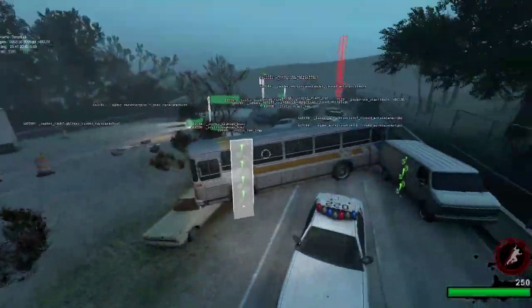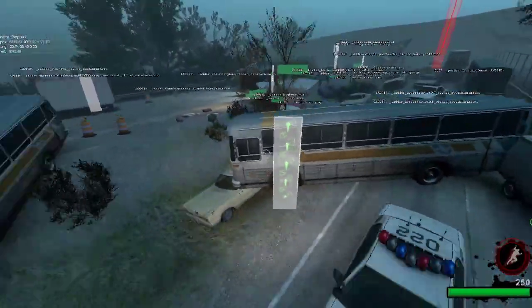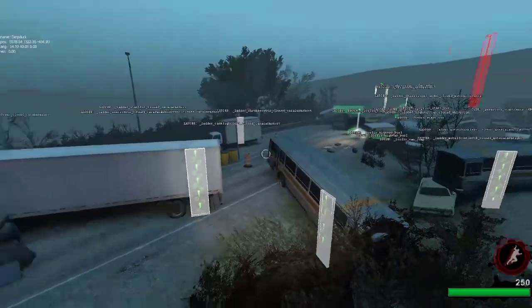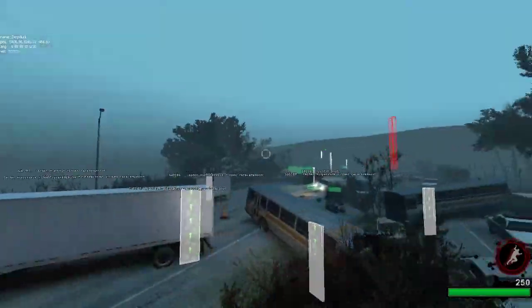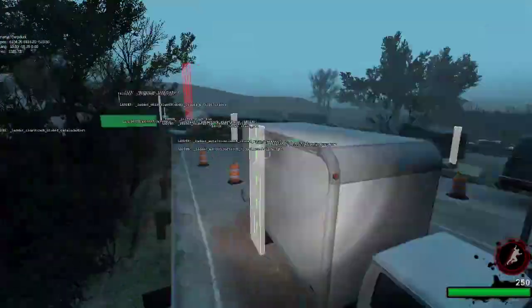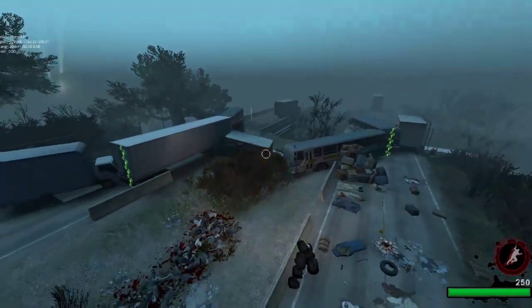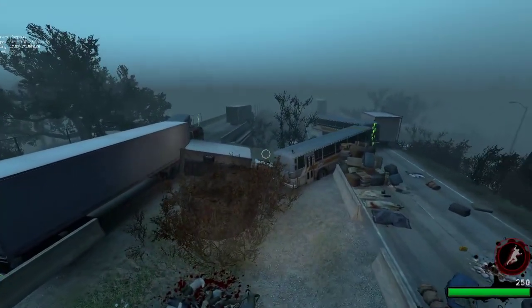Another ladder to get over this bus here. Just more ladders around here, to help you have more than one direction to attack from. It's a ladder on this van. It's a ladder to get on this van. I'll turn off the clip so you can see where I am. So this is the